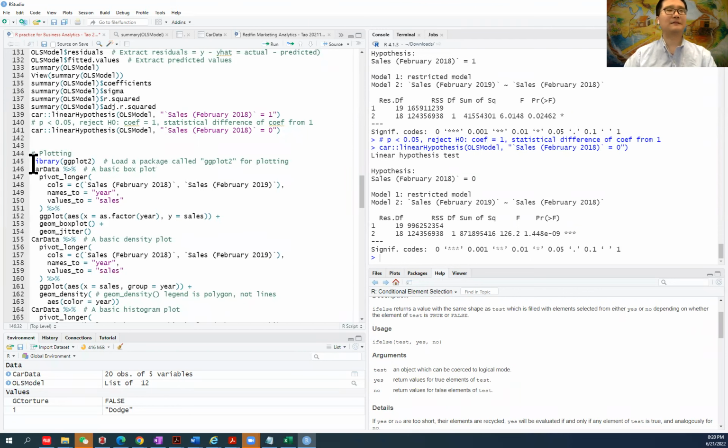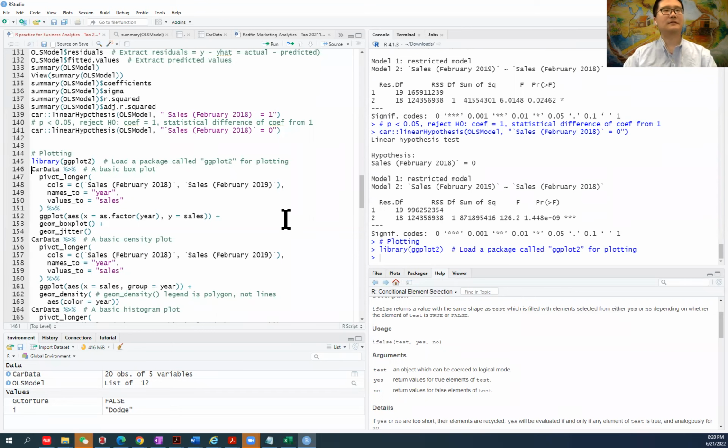But in R, this procedure can be automated by repeating the same functions. So we just load a package called ggplot2 for plotting. Then for plotting, we simply need to form the data into a long format. The long format basically means that for each observation,